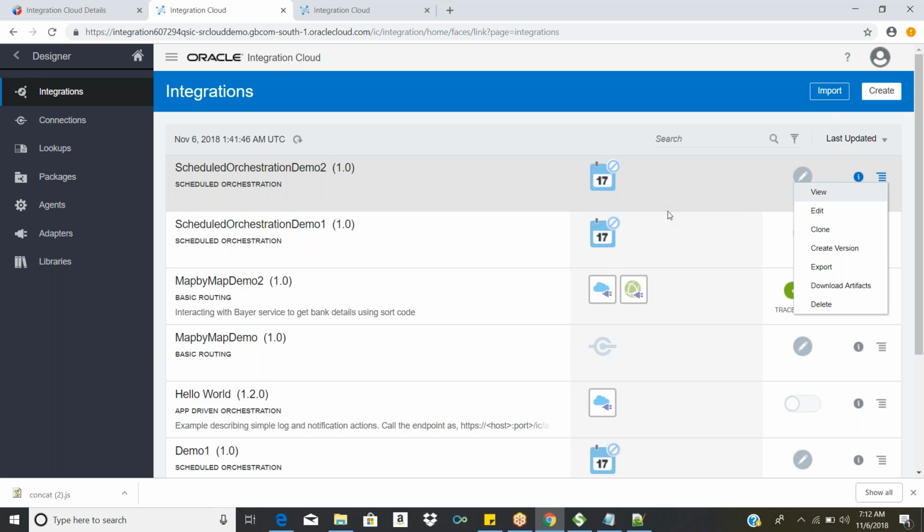Only the admin user can lock or unlock. Sometimes in your project, one of the architects is creating users for you. When they're creating the users, they'll make you a developer kind of role instead of entire permissions. At that time, even if the integration is locked, you cannot see the unlock option. Why? Because you're not admin, you don't have any privileges.